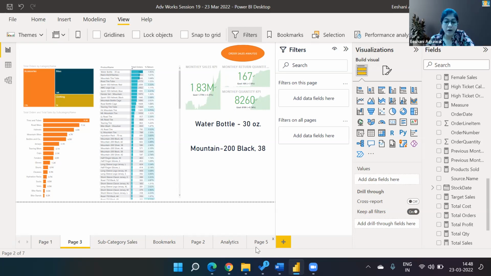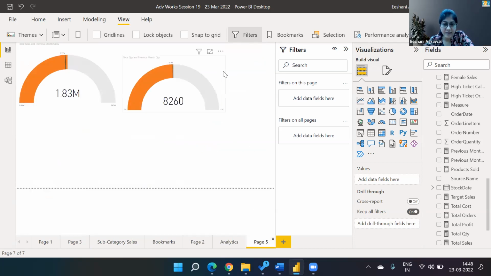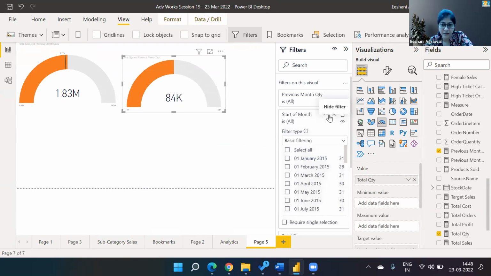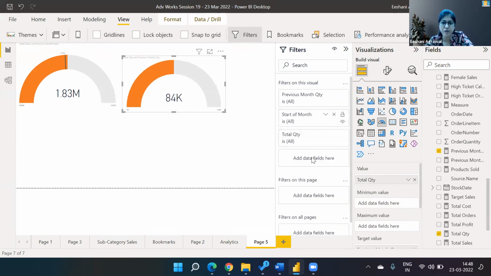But the way of doing this is a little static. Why static? Because right now that is the last month, but if the data updates, then that is not the last month. Correct. So rather than changing it in a very manual fashion, what we are trying to do is we will bring the start of month